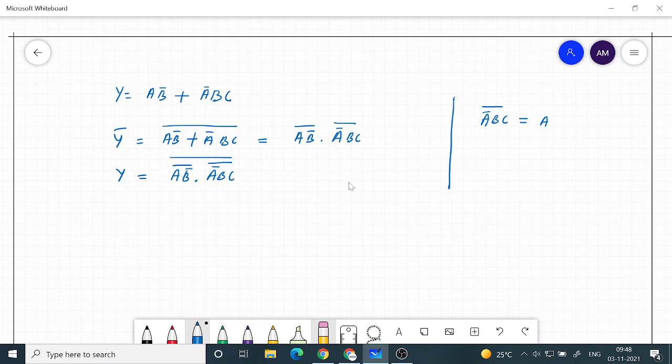If I apply De Morgan's theorem here, you can extend De Morgan's theorem to 3 variables also. So this will be a plus b bar plus c bar. Okay, so this way you can break it up.